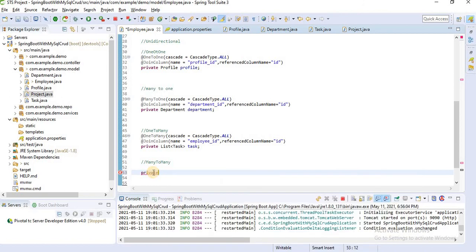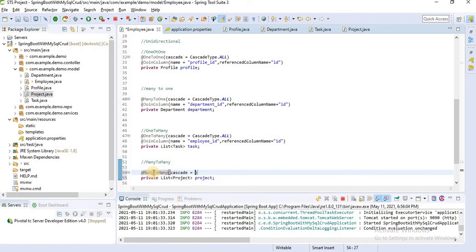Private. Okay, here a list of projects can be handled by one employee, that's why I am defining a List of Project here, and creating a project. Okay, create @ManyToMany here.